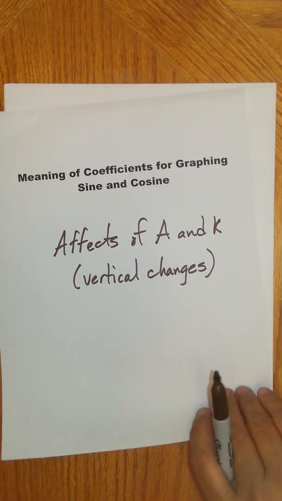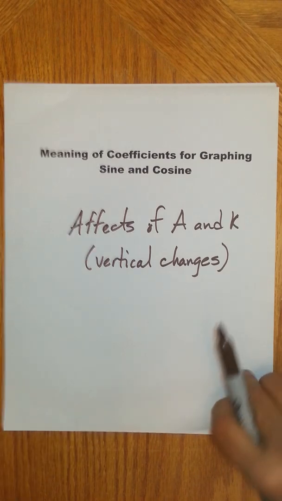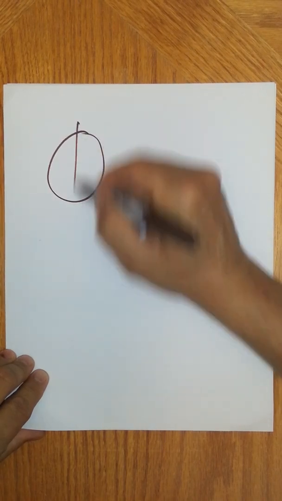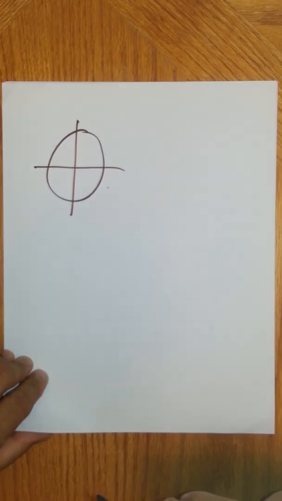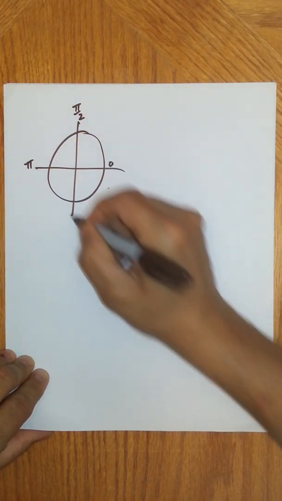Now also I am making the assumption that for both sine and cosine, you are really familiar with the basic shapes. So what do I mean by that? I mean that if you look at the unit circle and you go around the unit circle,